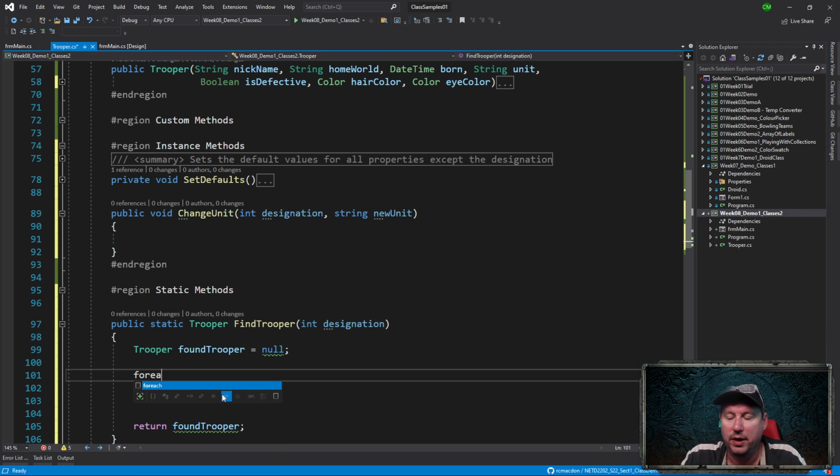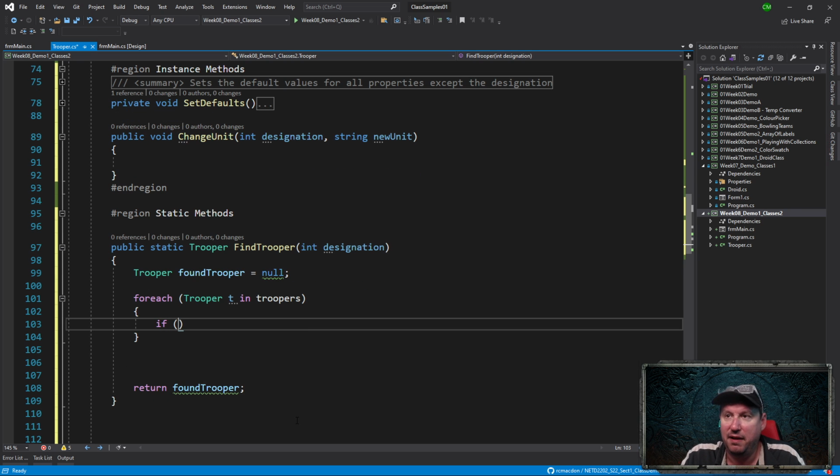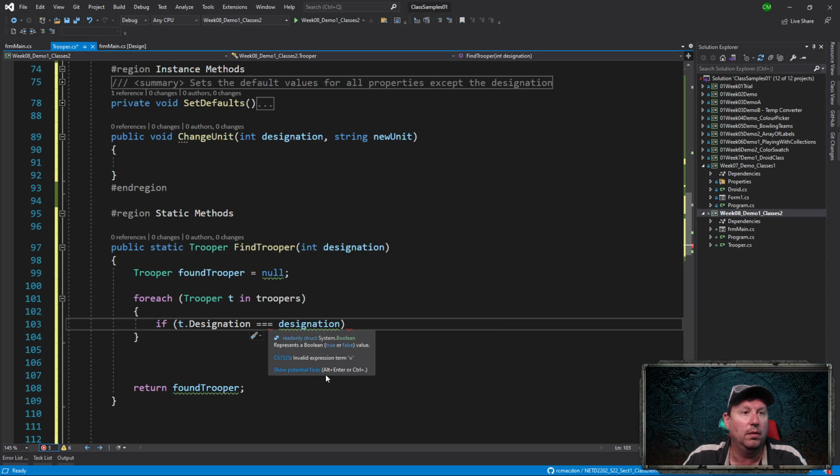So what we're then going to do is go through the troopers in the troopers list, like that. So for each trooper, T in troopers, we're going to say if T.designation is exactly equivalent to designation. And I think we actually don't need the 3, just 2 is fine here. So if